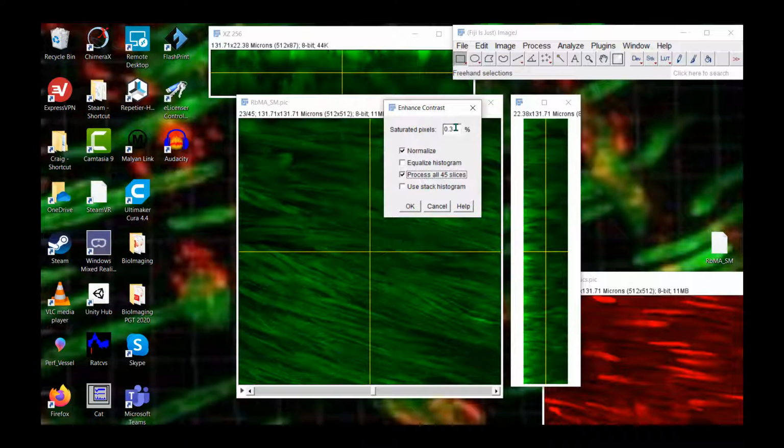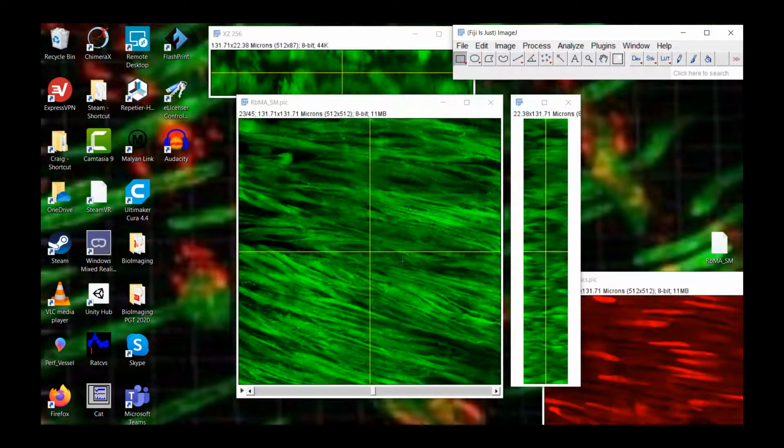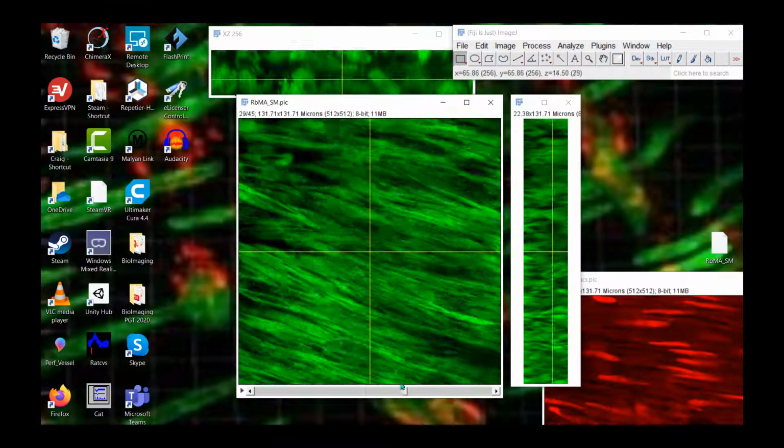Remember, in an 8-bit image all the values run from 0, which is black, to 255, which is the brightest. I'm happy for maybe 1% or so of my data to be saturated. Okay. Watch what happens in the orthogonal view. Right, it corrects it very nicely.